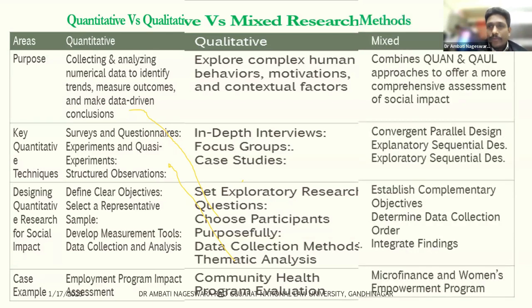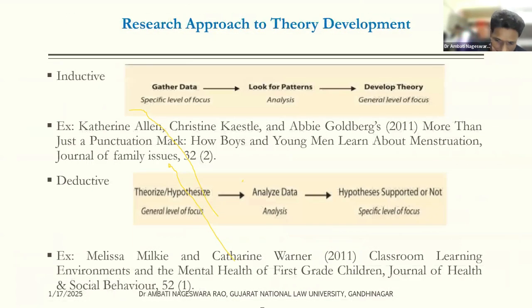But whenever you feel, as a quantitative researcher or as a qualitative researcher, that you are not able to justify your objectives by following just one approach, quantitative or qualitative, in that case you are going to combine both quantitative and qualitative approaches in order to justify your research objectives. So we are going to use a combination of both.